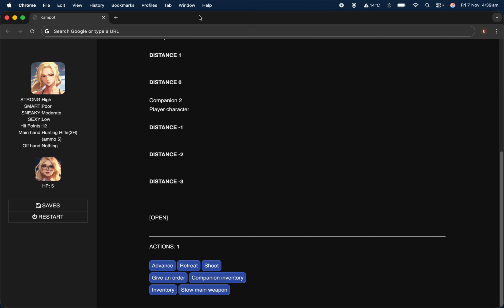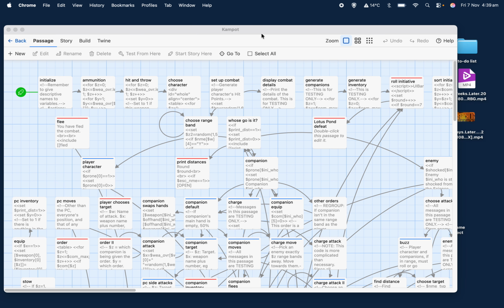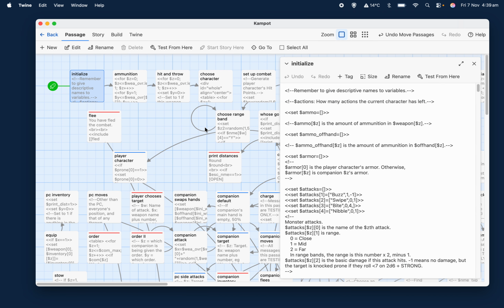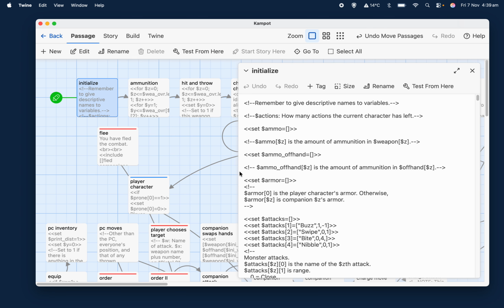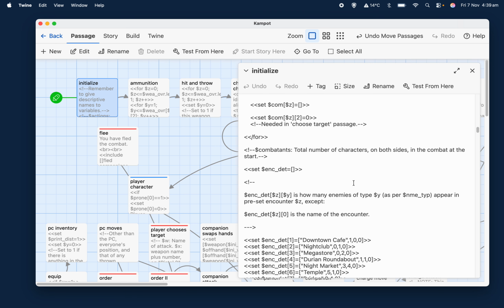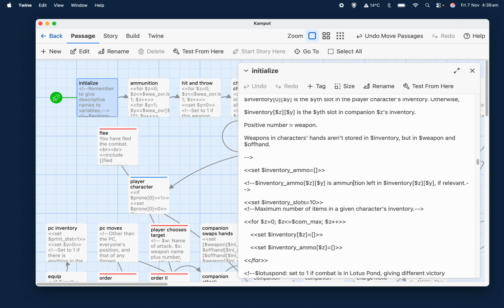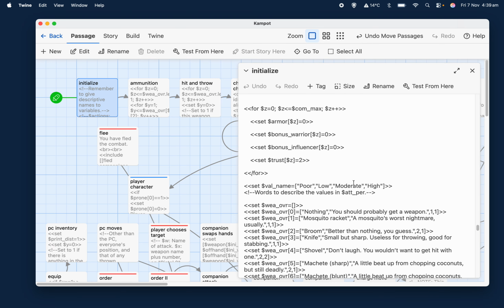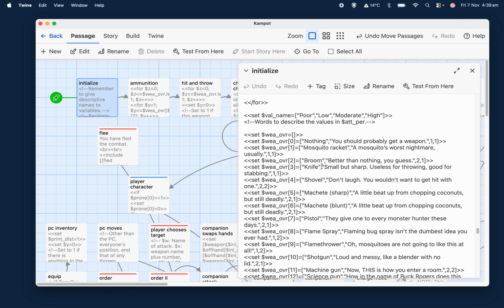So I'll just very quickly go through the code. Here we are in the game. Most of it is done in initialize. Let's just zoom in. There we go. That makes it slightly easier. And as you will know, if you've been following this series, the weapon details are stored all the way down the bottom of the screen in two arrays, WEA